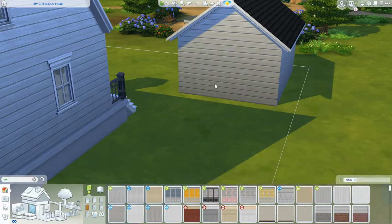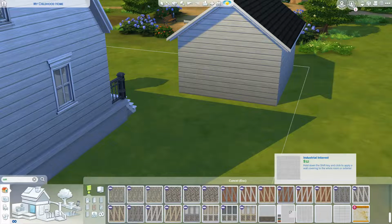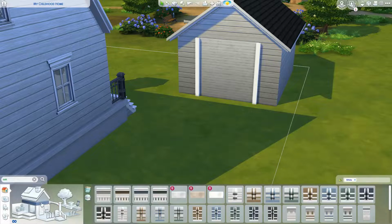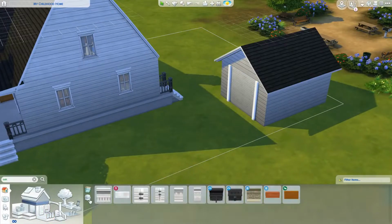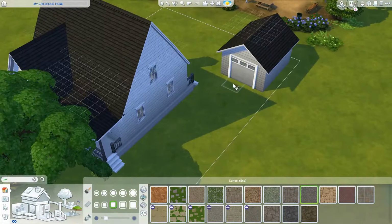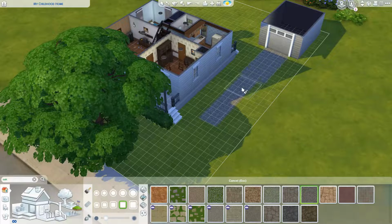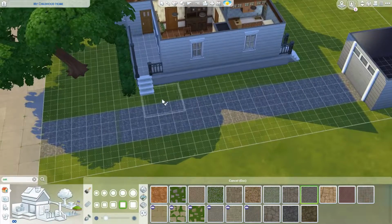So now this is the outside. So this house had a detached garage. And going along the one side of the house, there was a driveway that went all the way to the backyard. And then we had a couple of different fences. The shared fence next to the garage was a brown fence. And then we also had a big brown gate, kind of separating the back of the house from the front